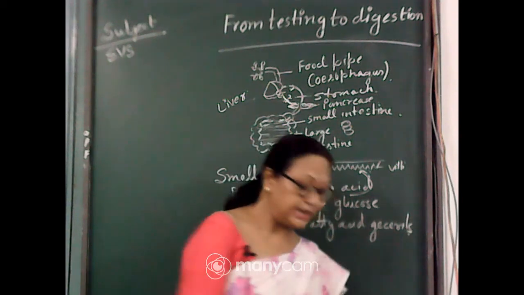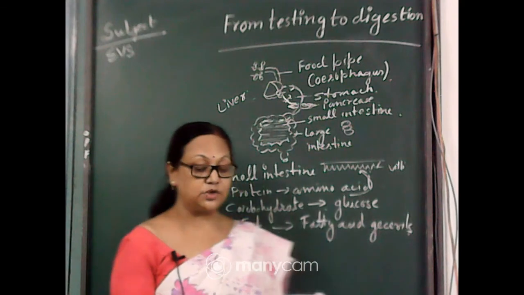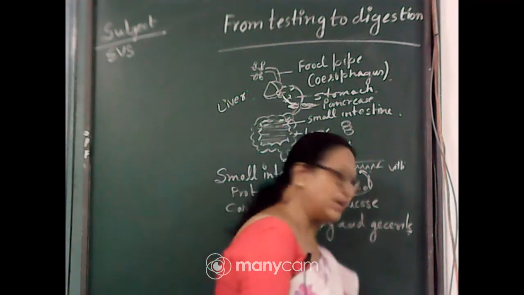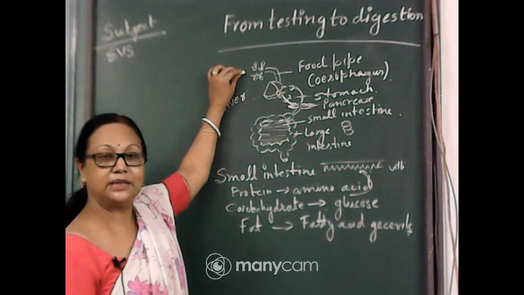It is given here: draw the path of the food through your body, share your picture with your friends, and see if you all have a similar picture. So, with this picture, at first we start the food from the mouth.